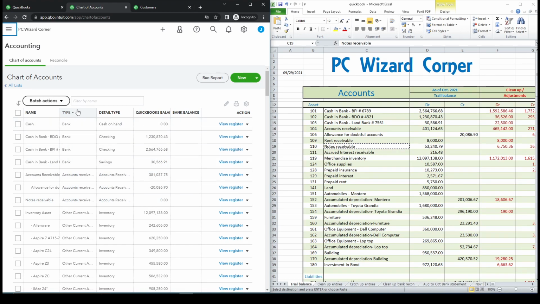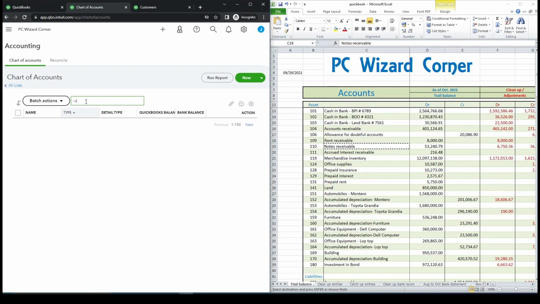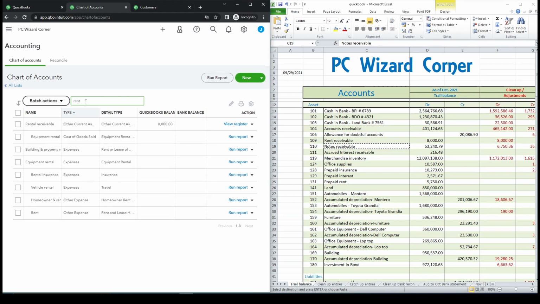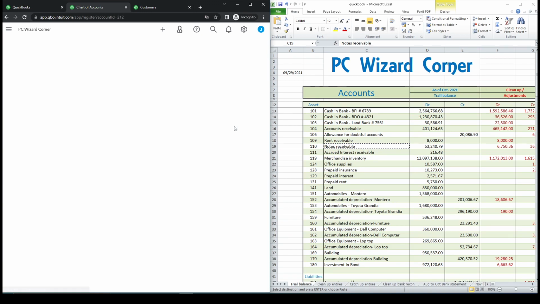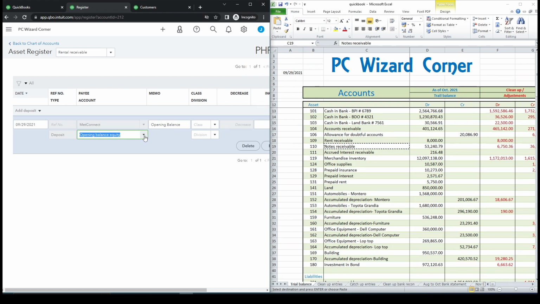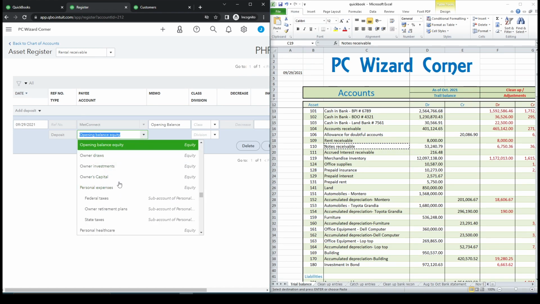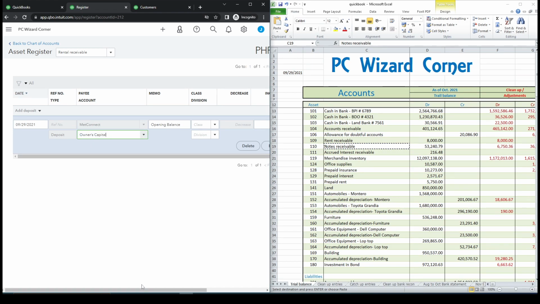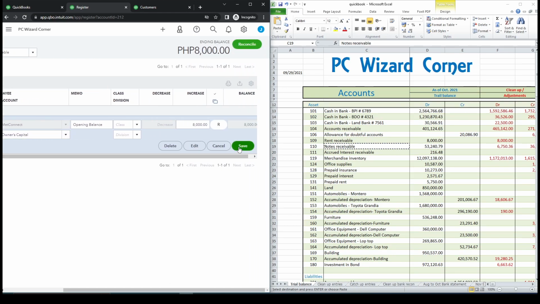Then we will type rental. Click here and we will credit this to owner's capital or retaining earning. Click here, this one, owner's capital. Then here, save. Yes,